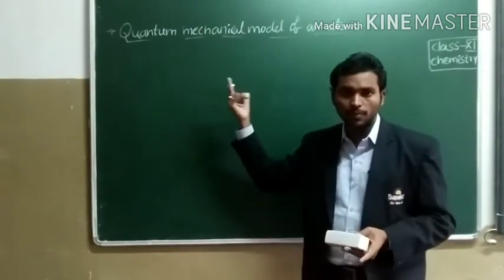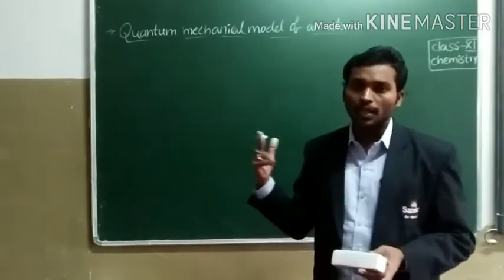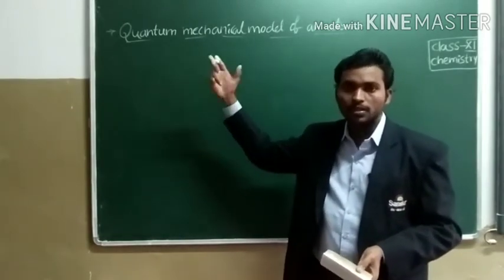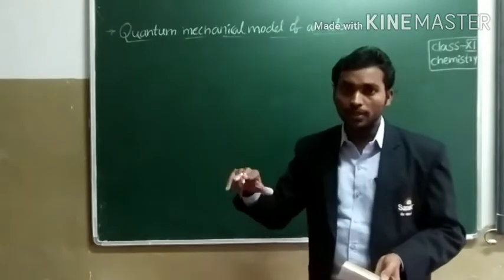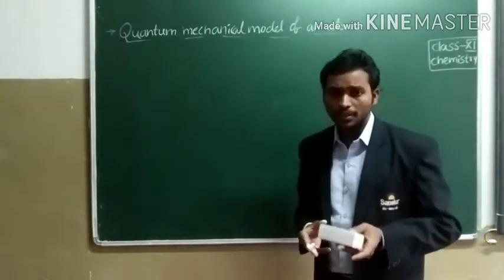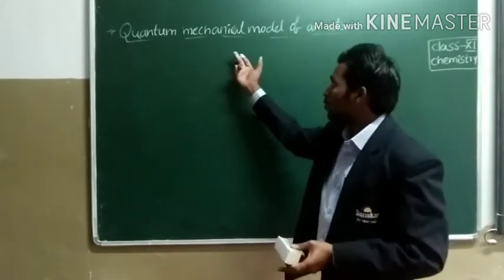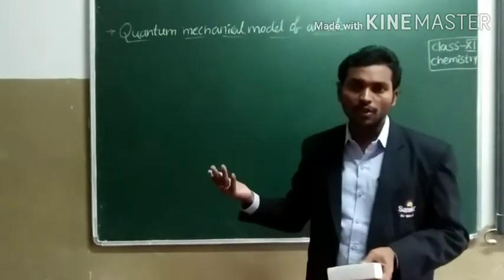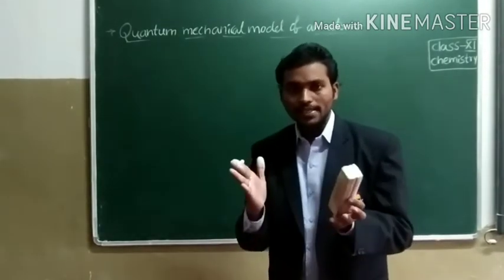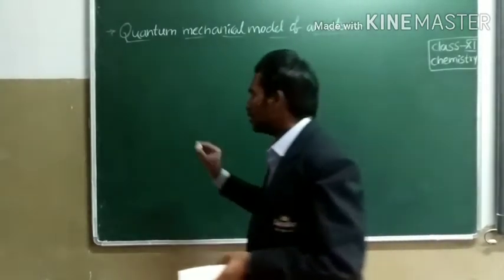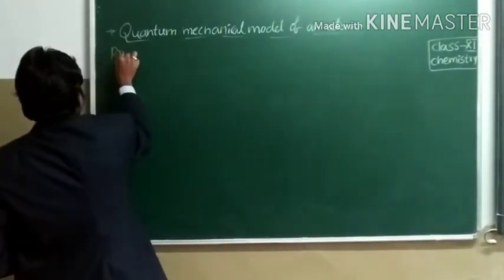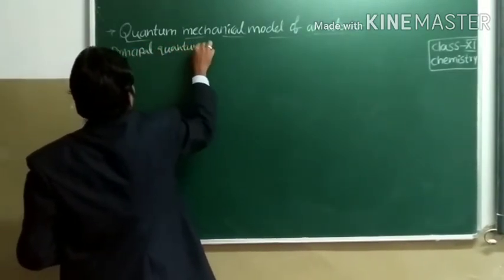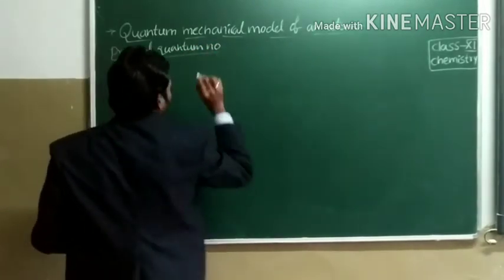This quantum mechanics was developed independently by Erwin Schrödinger and Werner Heisenberg. Because of the equation which I have given earlier, Erwin Schrödinger was awarded the Nobel Prize in Physics in the year 1933. And the solution of the Schrödinger equation results in three quantum numbers. These quantum numbers tell about the exact position of an electron in the space. These are the principal quantum number,